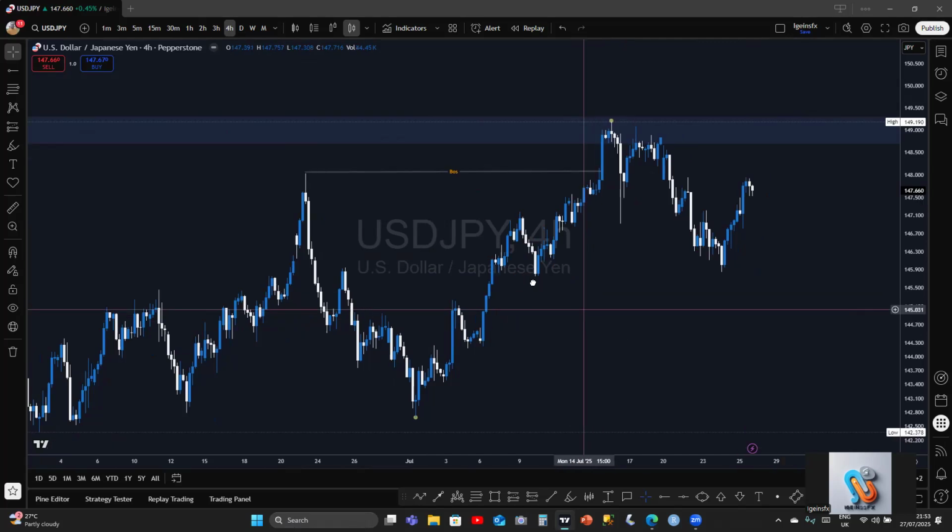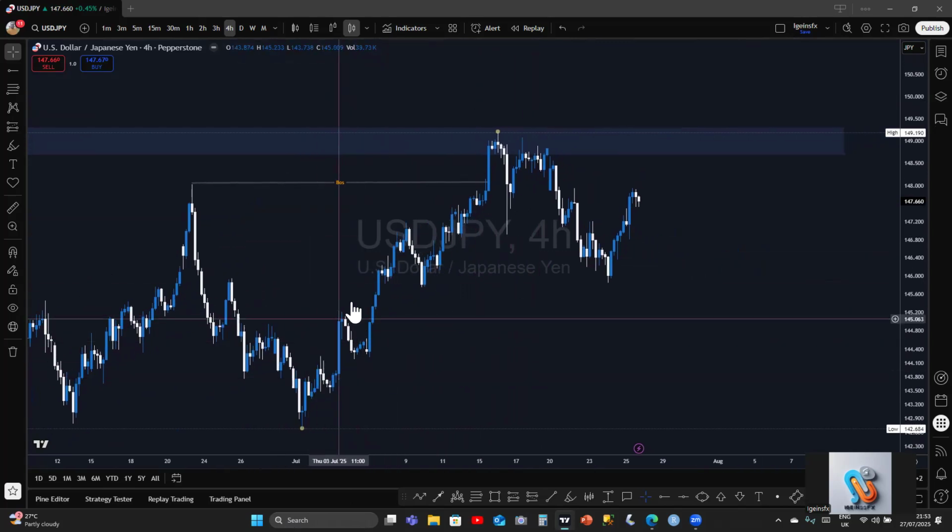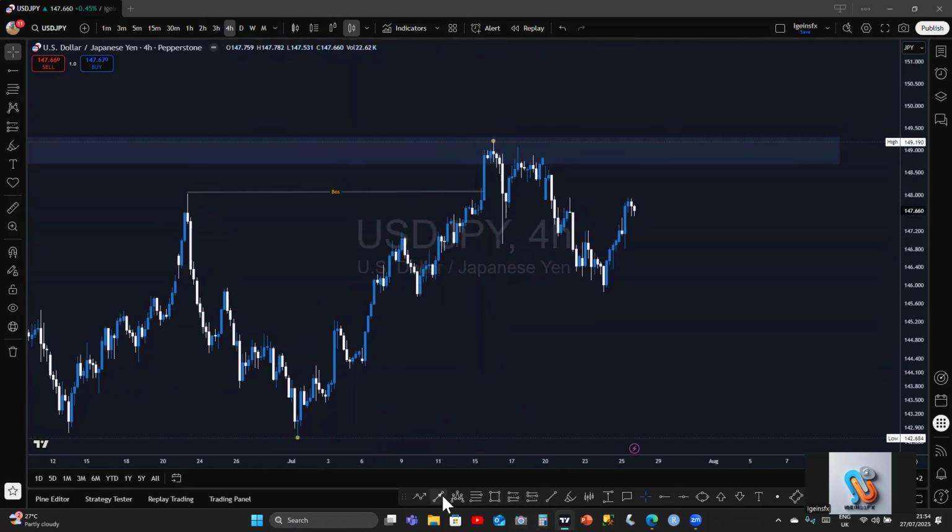At this point here, you can now see it did change character, and internally here on the lower time frame, it started breaking structure up, breaking structure up. You look at this point, look at it here. Break of structure here, break of structure here. But let's follow the